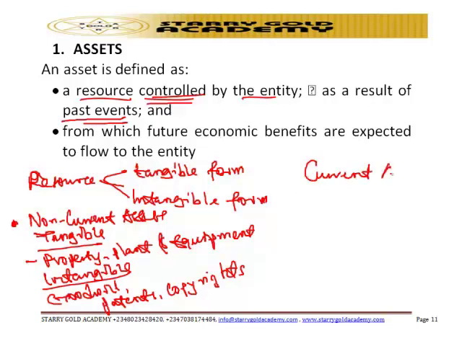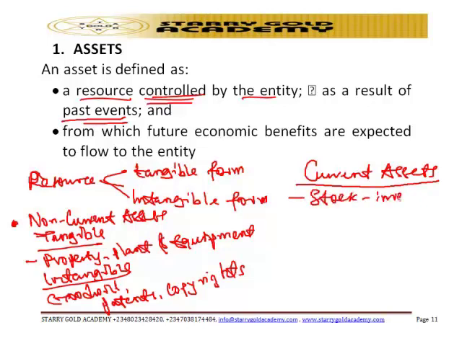Non-current assets are assets that are expected to generate economic benefit for more than 1 year. For current assets, the economic benefit is meant to last for the period of 12 months, at most 1 year. So the assets that fall under current assets include stock, which is known as